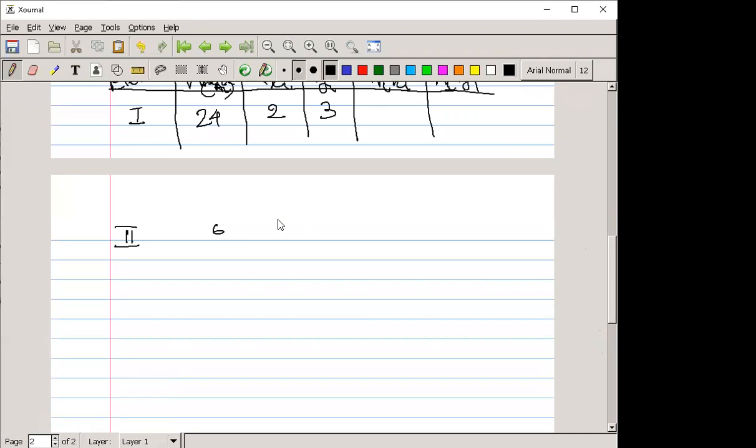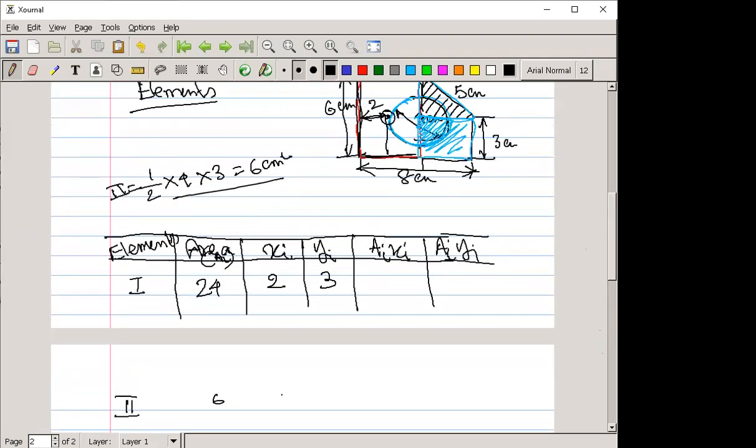And the x is how much? As you know, for a triangle the centroid is at the 1/3 position, right? So if it is 1/3 of the distance, it is 4, na? As per the question it is 4. So the xi for element 2 is nothing but 4 plus 4 by 3, because this is your 0, 0 axis, right? So from here it is 4 and then this portion 1/3. So 4 by 3.